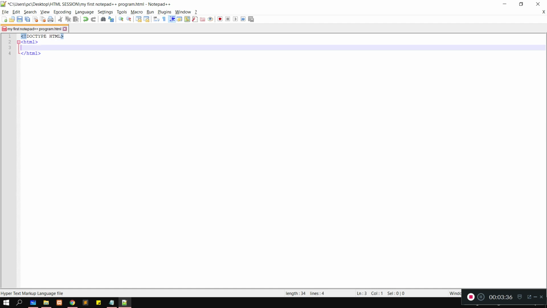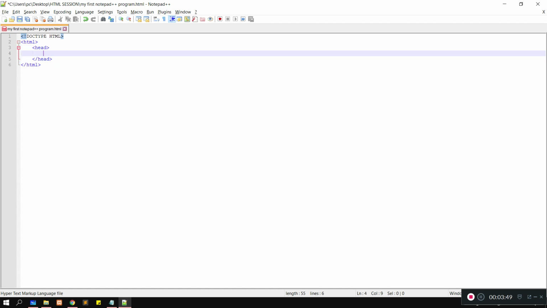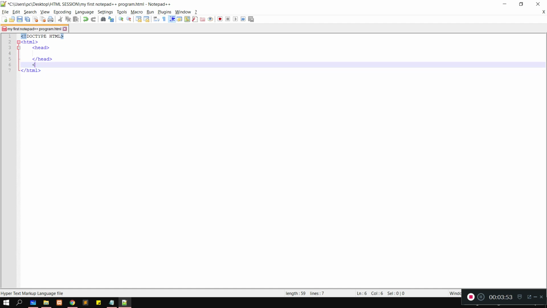The second tag, that is our head, and head close. The third one is our body. Remember the human body structure? Yes, follow that structure. You will not find any error.